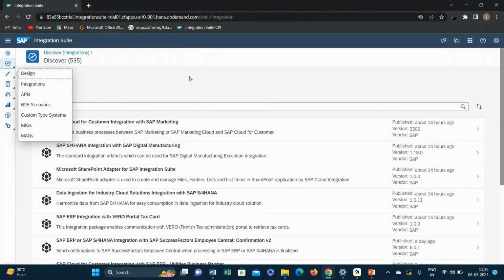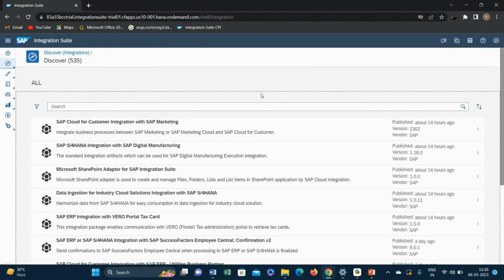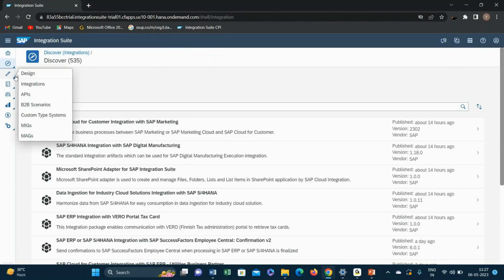Rohit, where do we define the data types, mapping, and transformation? Okay, so you are talking about PI/PO, right? The main thing is that in PI/PO we used to create data types, message types, and service interfaces. There were sequential steps for us. But coming to CPI, we won't create any data types and message types. We will directly go to integration,